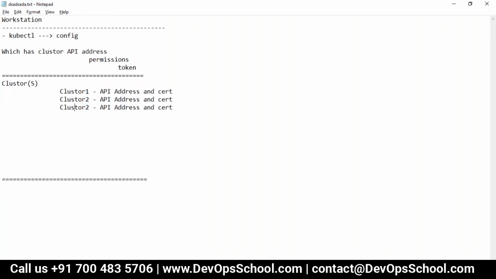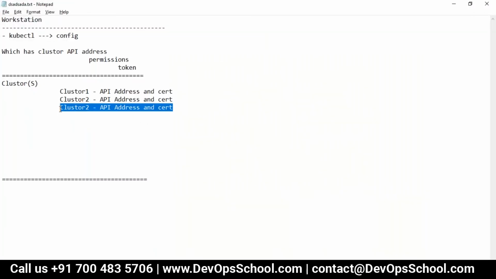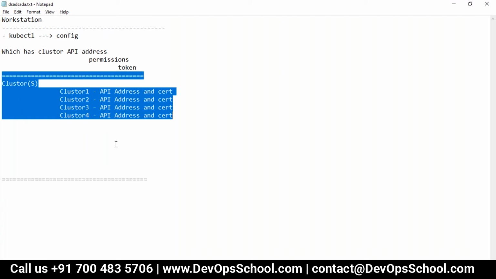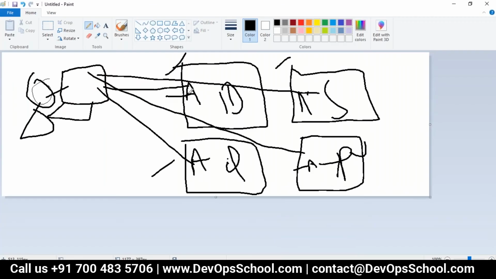So as per the images I was working on 4 clusters: 1, 2, 3, 4. Now in this you have users. Why users? Remember, in order to authenticate to this API, you need a particular user, or user authentication.